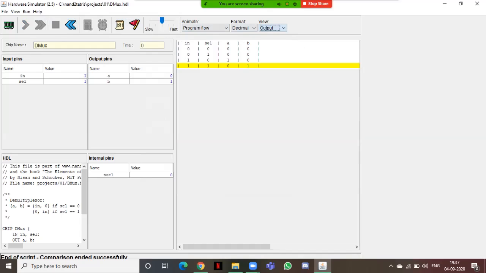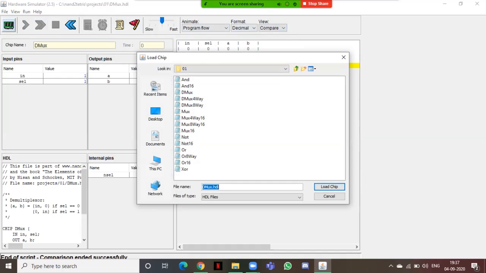Output. Here also there is one input, a selector, and two outputs, A and B. Here we compare also, comparison is successful.